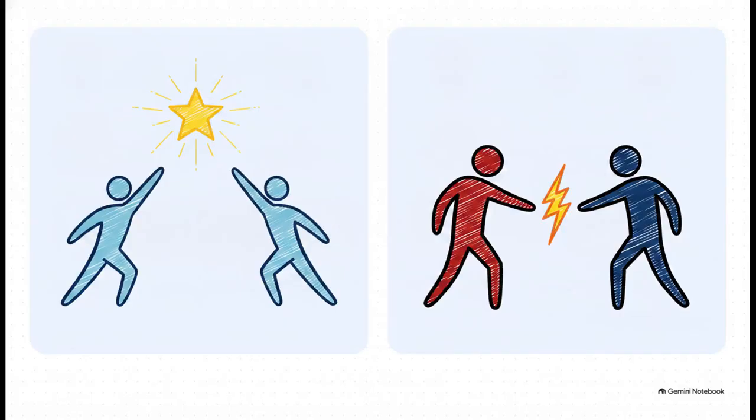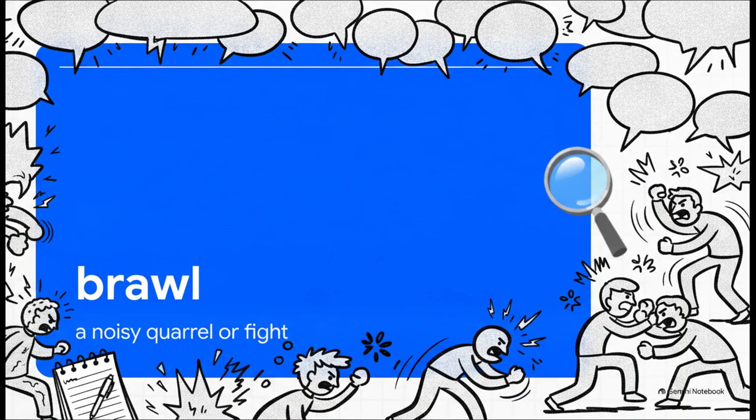Now, here's where it gets really interesting. Let's look at the contrast between two concepts that are super similar, and honestly, we mix them up all the time: rival and opponent. So a rival is someone who wants and tries to get the exact same thing as you do. You're competing for the same overarching goal, kind of like two competing pizza shops in the same small town. An opponent, on the other hand, is someone who's actively on the other side of a specific fight, game, or debate. You face an opponent in a Friday night chess match, but you might have a lifelong rival in your career. Make sense?